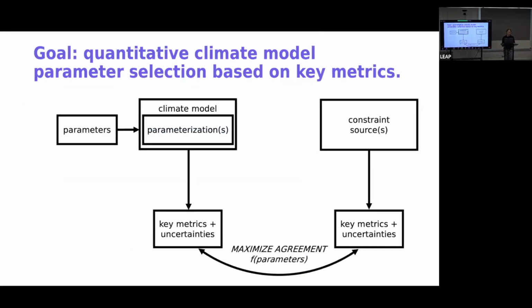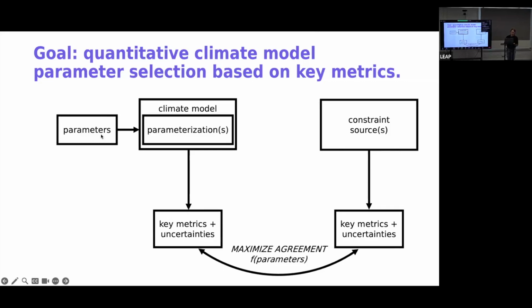Okay, so the goal of what we're trying to do with this project I'm presenting now is to do quantitative climate model parameter selection based on some key metrics from some constraint source.